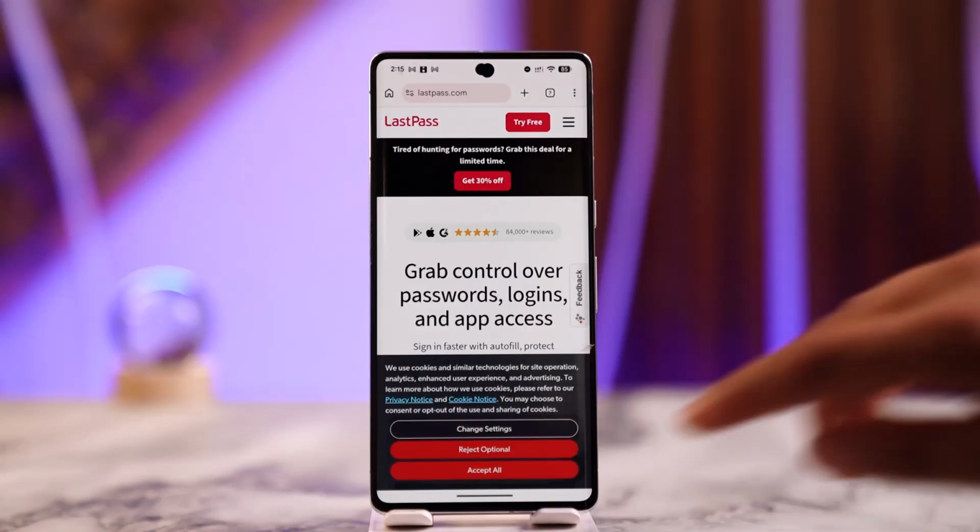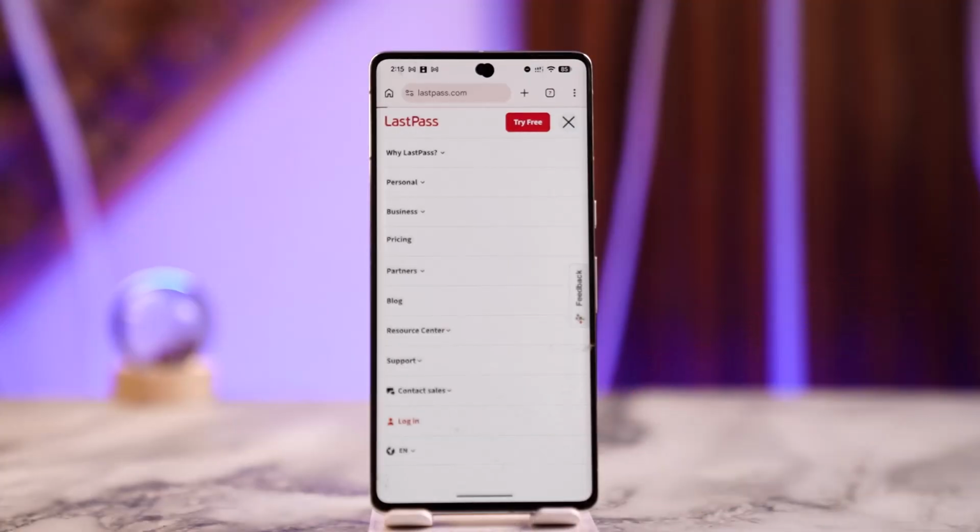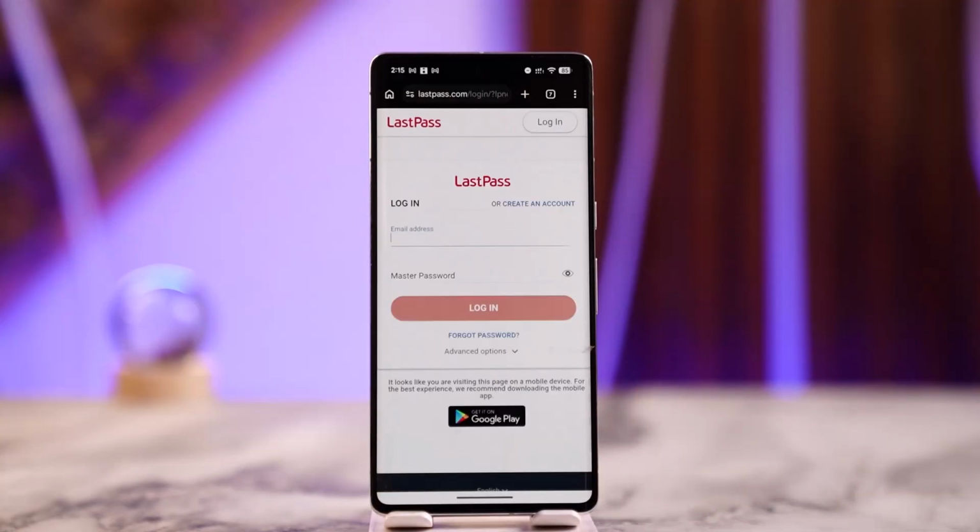Now, if you want to do it by the website, you have to log into lastpass.com on your browser, right? This is where it's going to take you. Now tap the menu bar and you can go ahead and select login. Once you are logged into your LastPass account,